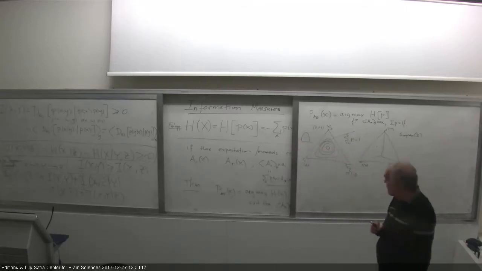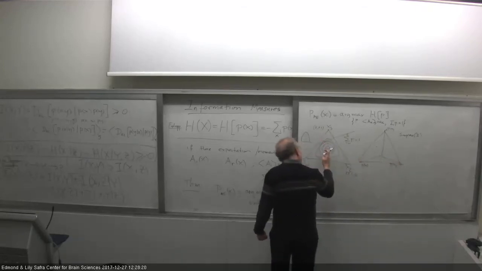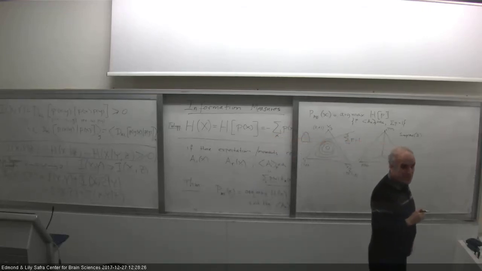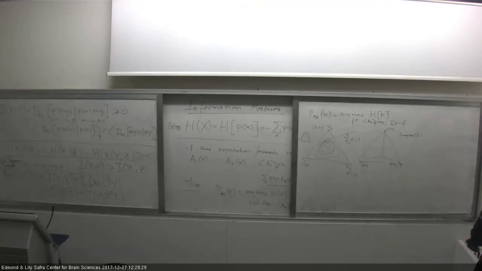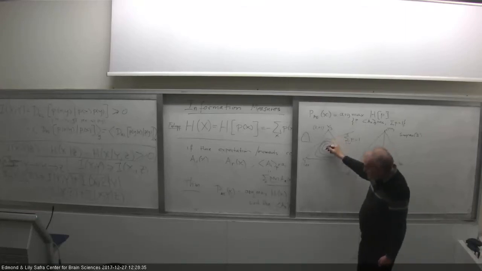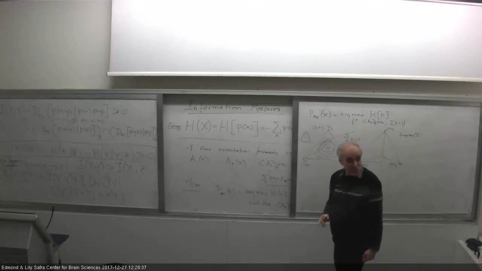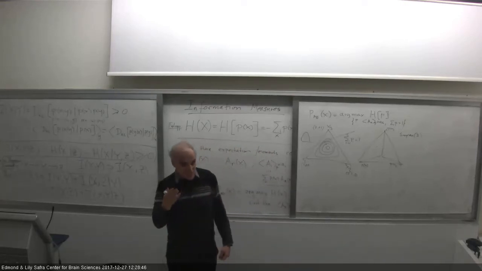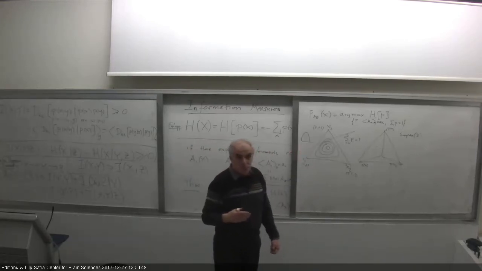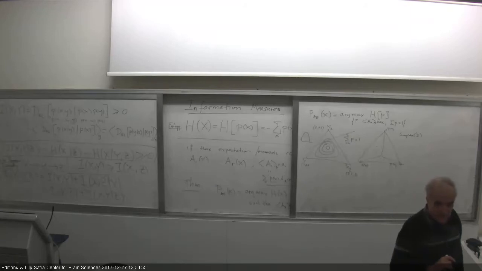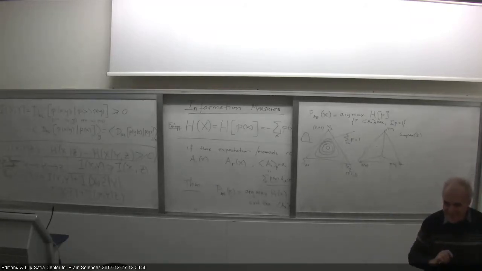So essentially it's telling me that at that point the gradient of the entropy should be orthogonal to the constraint. Okay? Because at this point the gradient should be just here. If it's not orthogonal, let's say it's here, then I can shift it until it's orthogonal and get to a higher point. So more precisely, the gradient of the target function, in this case the entropy, should be a linear combination of the gradients of the constraints. This is the theorem of Lagrange multipliers, which I hope all of you saw somewhere. I'm not going to repeat it.